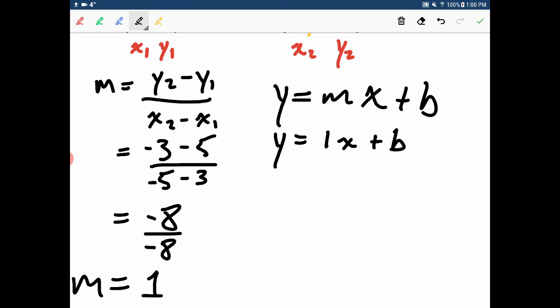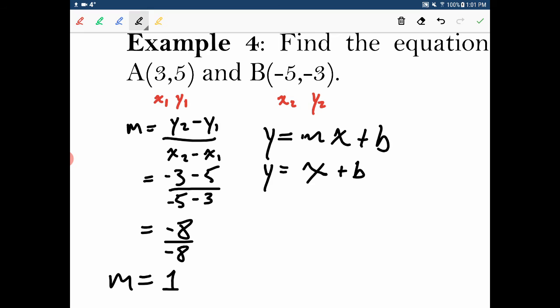Of course, you never actually need to write the 1 times x, because that 1 is not doing anything. So y is equal to x plus b. Now I have to sub in one of my two points. It doesn't matter which point you use. Point A is just as good as point B. The only advice I will give you is that point A is clearly easier because it has positive numbers. If one of them is going to be easier,